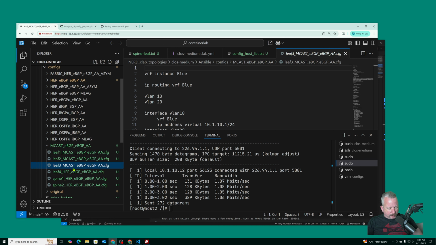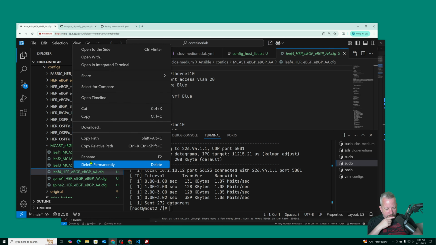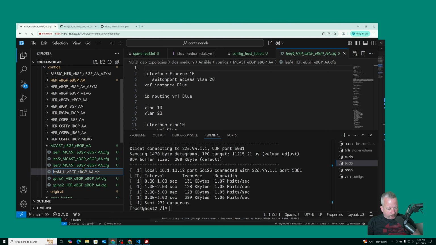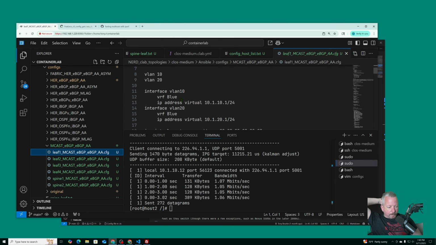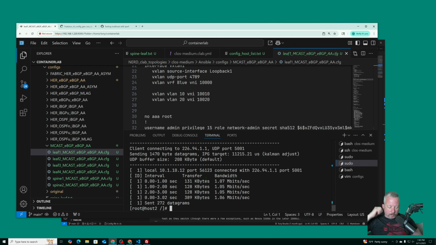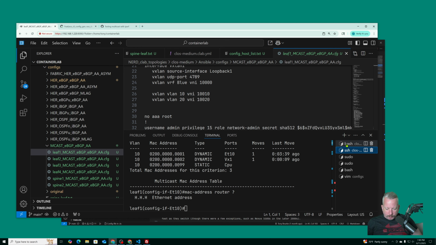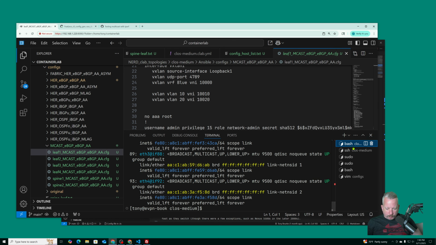Now, multicast in the underlay, I don't see a lot. I think most people, if they can get out of doing multicast, they'll get out of doing multicast. And I really don't blame them. But sometimes it's a good idea to do. So the multicast config is going to be